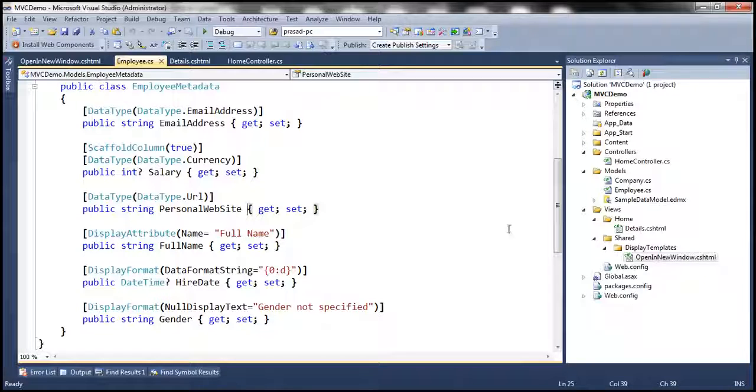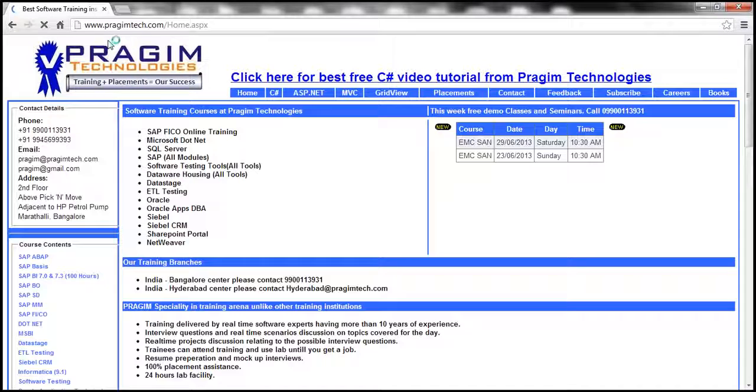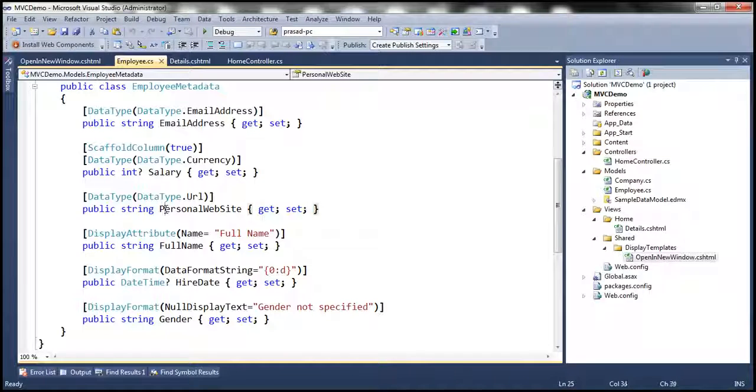But then we want to tell MVC, especially for this property, to make use of this display template. And how do we tell that? By using UI hint. But without using that UI hint attribute, let's actually refresh this view, and then let's click on this one. Notice that it opens in the same window,